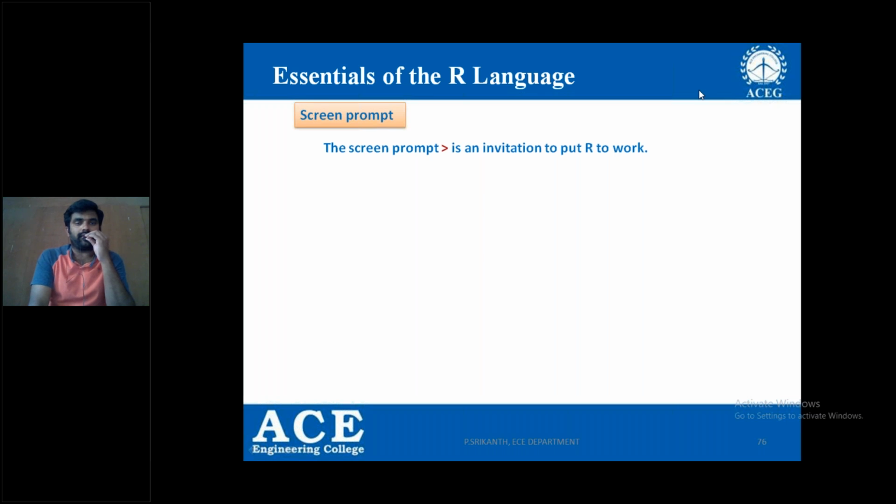And at the same time, we discussed how to define the variables in the R language, how to define the constants, what the data types are, and also what the operators are that you can perform in the R language.